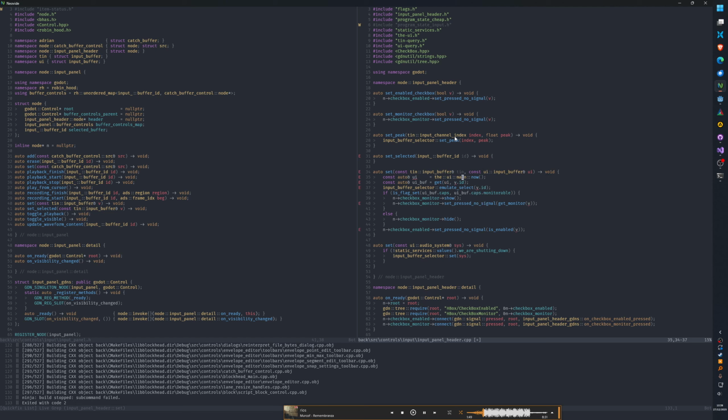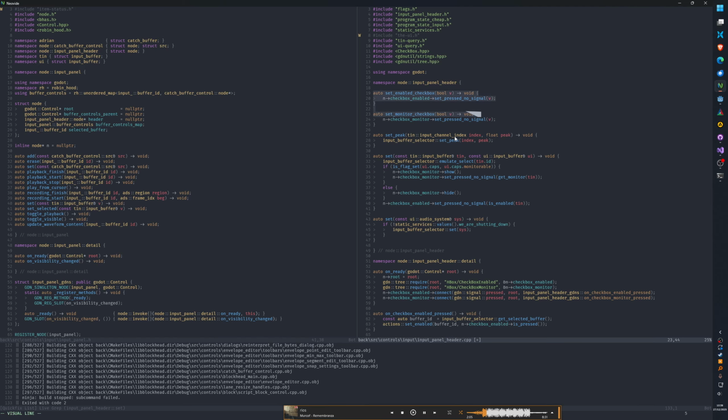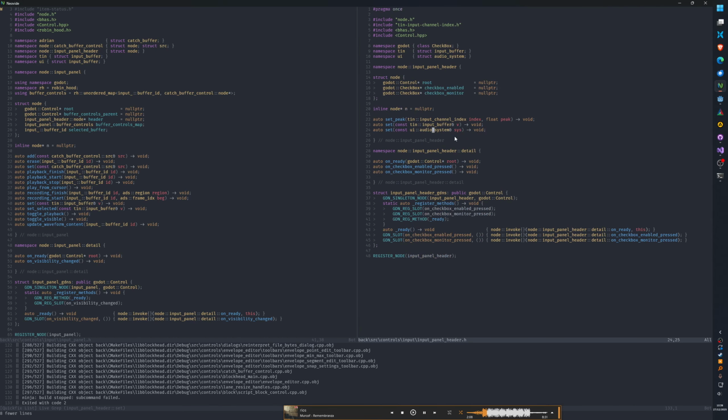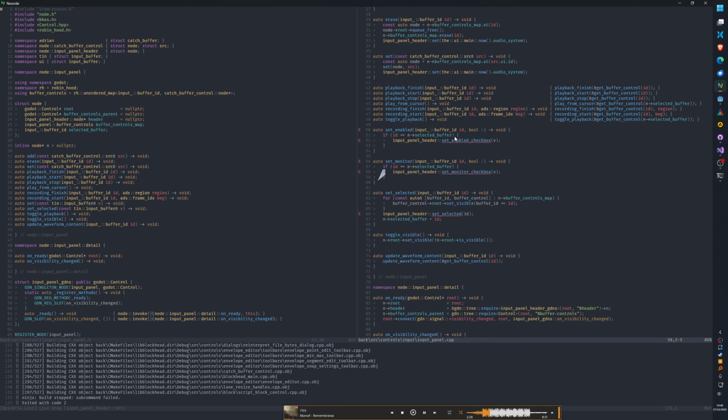UI, like this. It's just cleaner to do it like this. Get rid of these. Same thing here.